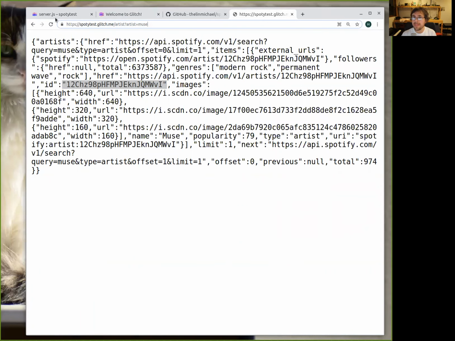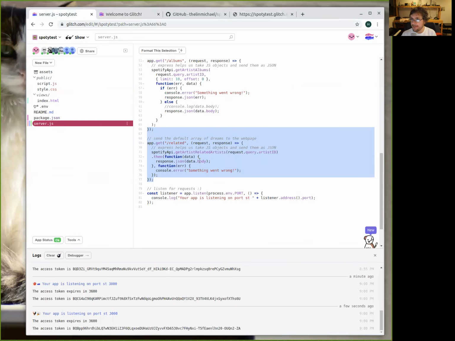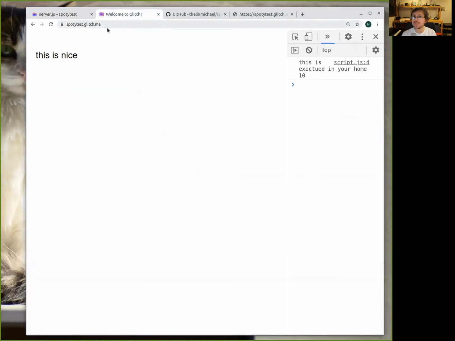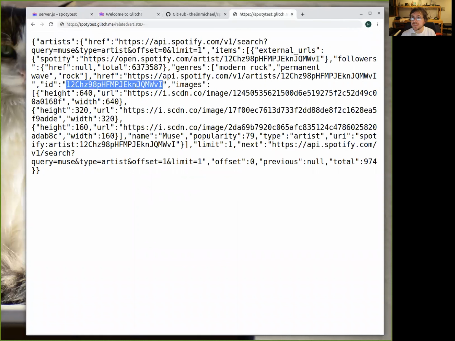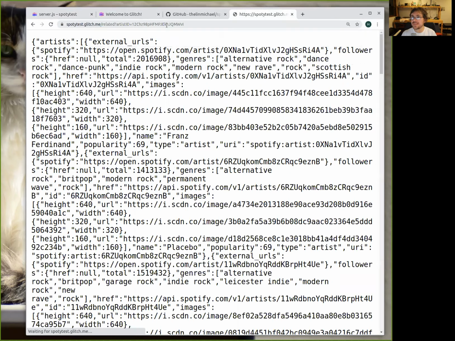Artist related? Yes, but how did we decide to call that particular URL? Related. Okay, so instead of artist, we are calling related, and then artist ID, the ID of the artist, which is this one.